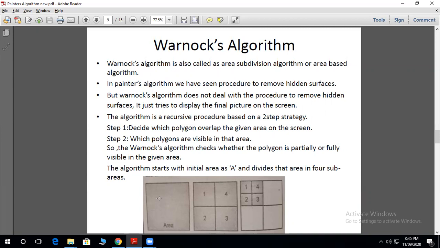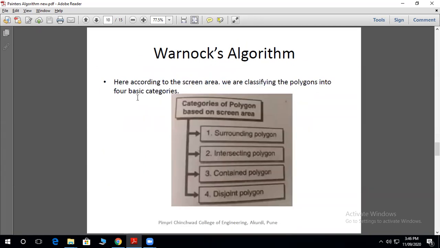So the algorithm starts with the initial area A and divides that area into 4 sub-areas. Here, according to the screen area, we are classifying the polygons into 4 basic categories: surrounding polygon, intersecting polygon, contained polygon, and disjoint polygon.